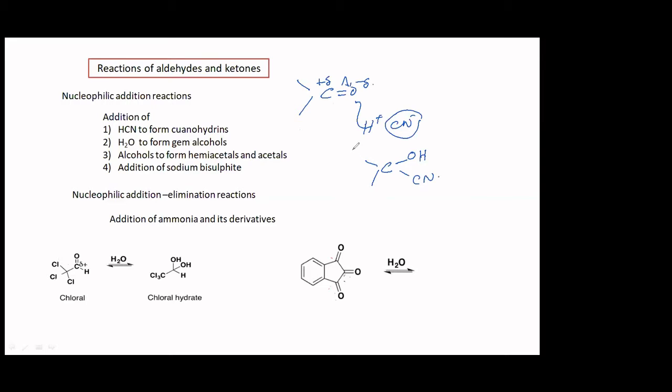How important is this compound? Why do we have to study this? When you hydrolyze this, it is going to give alpha hydroxy carboxylic acid, which otherwise is difficult to prepare. That is the importance of this method. So you have to hydrolyze this. When you hydrolyze this, what do you get? These are the two groups which are there. One OH is there, cyanide is going to get converted to COOH, alpha hydroxy acid. So that is how these reactions are important.